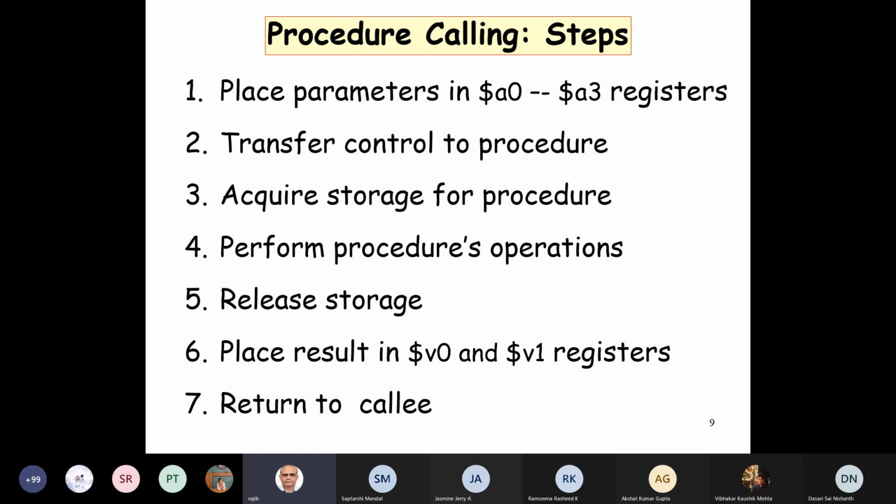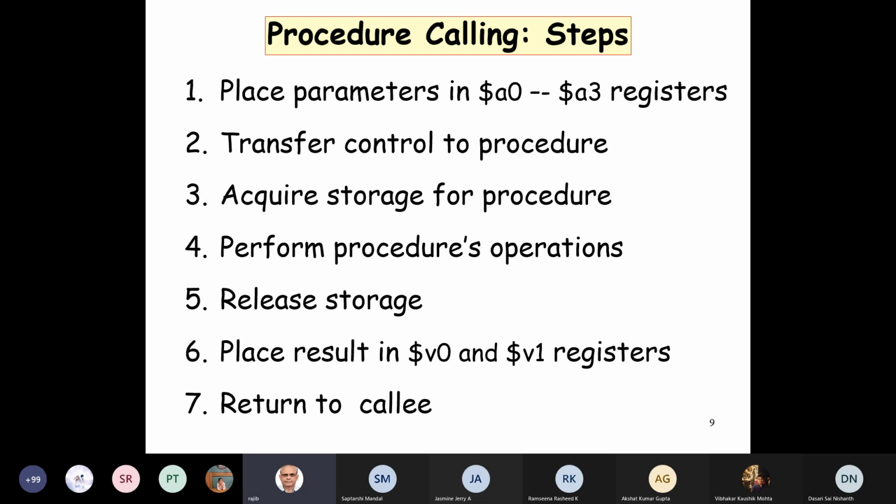Now let's do the procedure calling, and we'll also write the code for loops, conditionals, and so on. Here, as we are saying, the parameters are placed in these argument registers A0, A1, A2, A3. There are 4 registers. And we'll place the procedure arguments here.